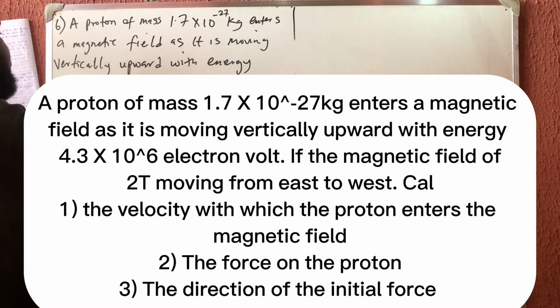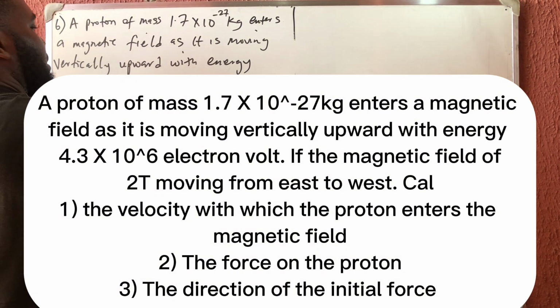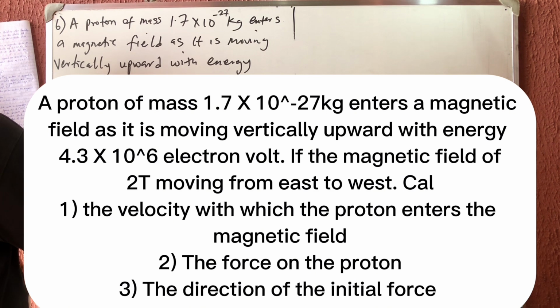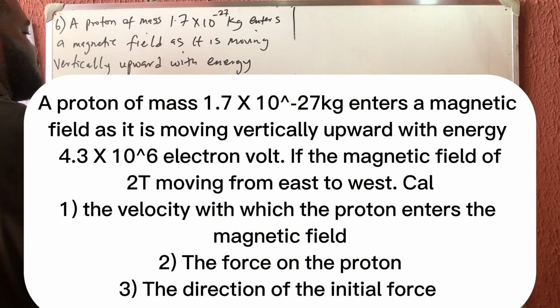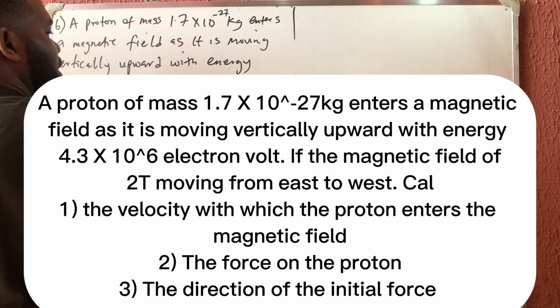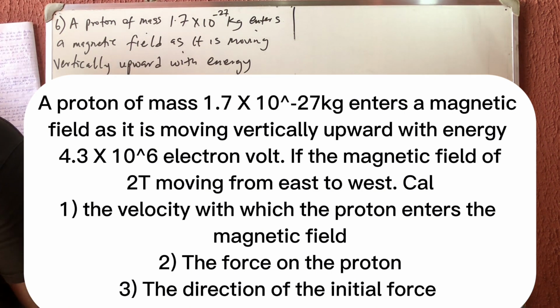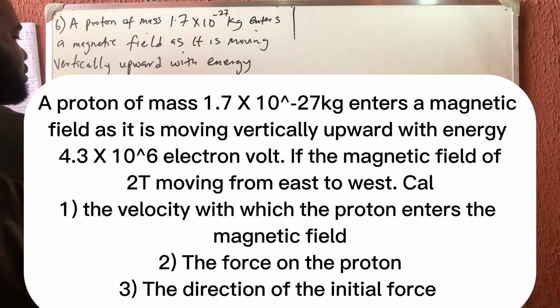Then I say if the magnetic field of 2 T is moving from east to west, then we should calculate the velocity with which the proton enters the